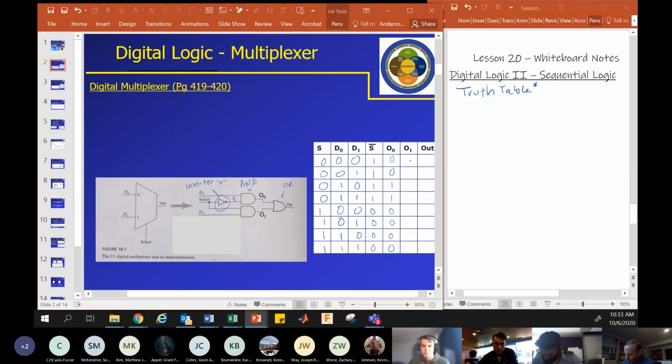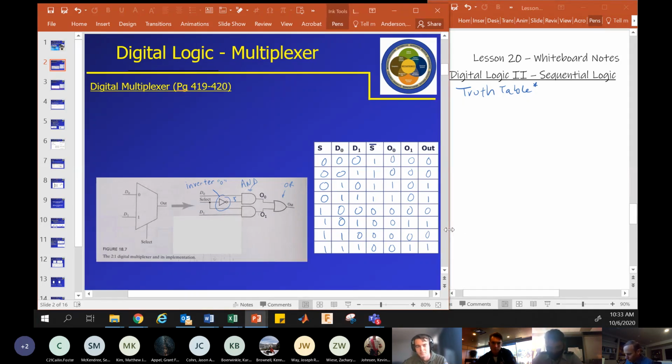Okay, and then O1, its output is a combination of S and D1. So when S is high and D1 is high, its output will be high. And then the last step is the OR. So if either O0 or O1 are high, the output will be high. So now we can look at what is actually happening here. What is this device doing? Well,